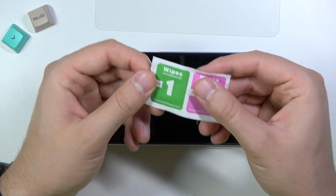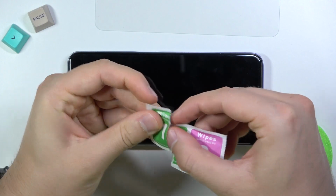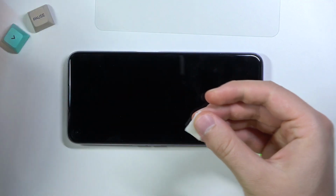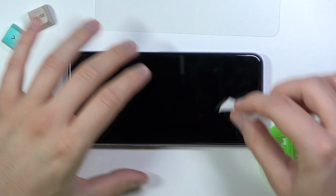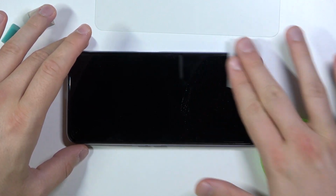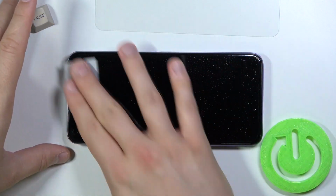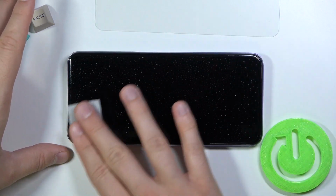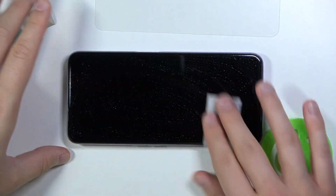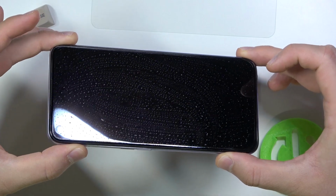At first, we are going to use the wet wipe. Right now, you have to make moves in a circle like that. You have to remember to reach the very corner and edge. And as you can see, after these few moves, we easily get rid of all of these fingerprints from our